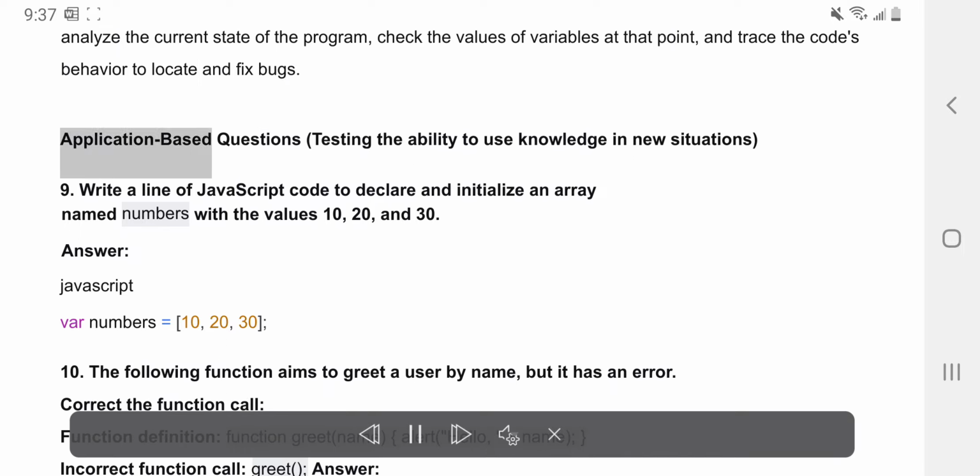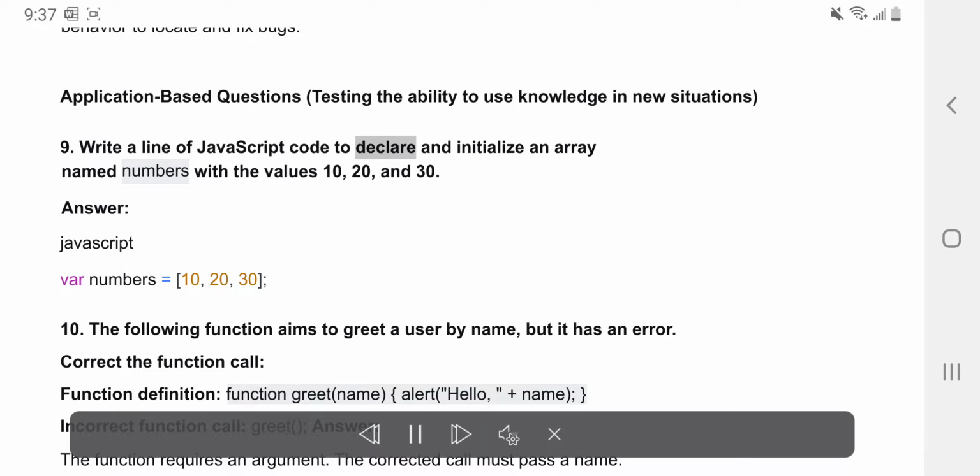Application-based questions, testing the ability to use knowledge in new situations. Write a line of JavaScript code to declare and initialize an array named numbers with the values 10, 20, and 30. Answer. JavaScript: var numbers = [10, 20, 30];